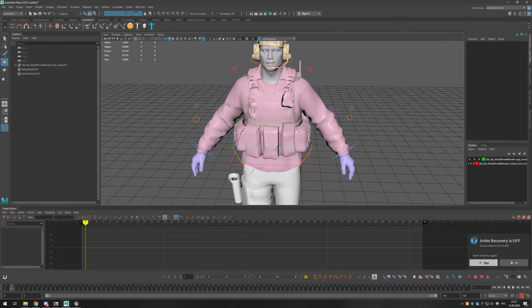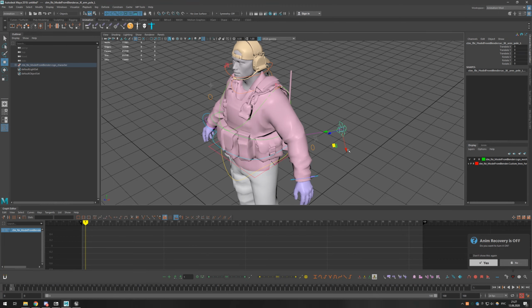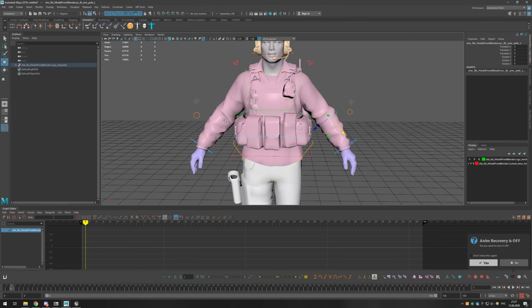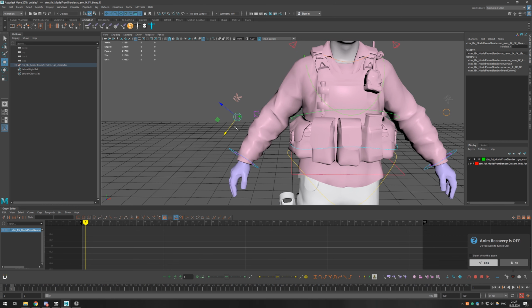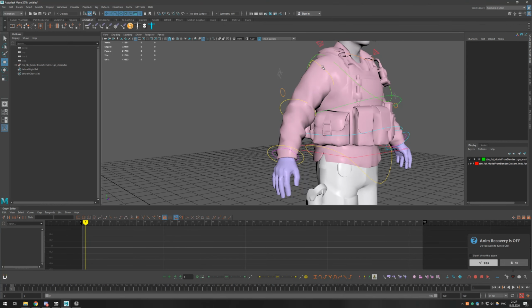And another feature, not finished so far, is the IK-FK switch. So right now the hands are in IK. You can go ahead and slide it and boom, FK.